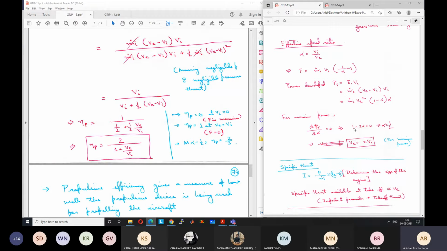So turbojets are needed. And that is why you can now understand, as we will see later, that ramjets, which are much more optimum at around Mach 3 or Mach 4, at those high speeds, cannot be used for lower velocity military aircraft, because then the propulsive efficiency will be quite low. So only if you can design an aircraft which will fly at Mach 3 or Mach 4, in those cases only will ramjets make sense.